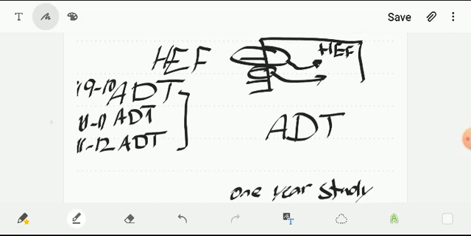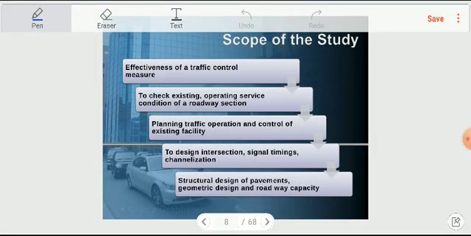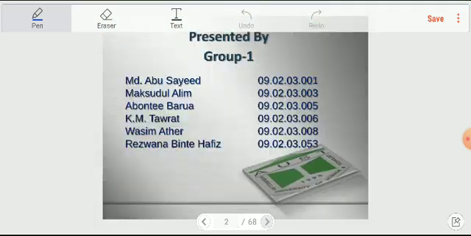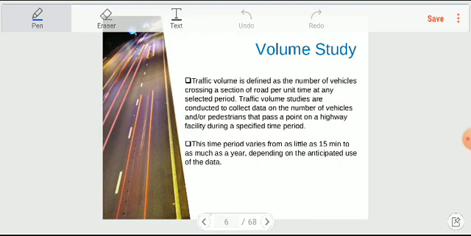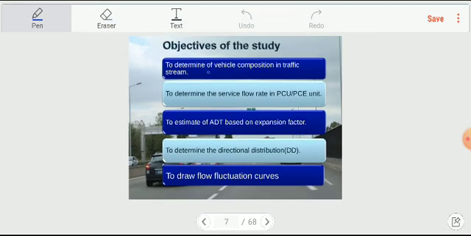So now we can go to check this case study. We have this case study from somewhere in India for students, and they actually concluded their study, and they gave an introduction about the volume studies, and here you have definitions, and the objectives of the study, which are to determine the vehicle composition in the traffic stream, and also to determine the service flow rate, passenger car unit, or you can call it passenger car equivalent unit, and also to estimate ADT, which is